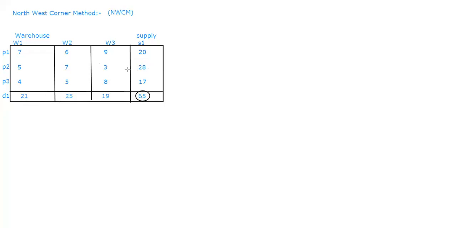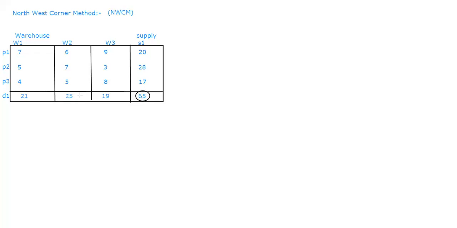So when comparing these two, which is the least, I should satisfy only that much. Demand is 25 only, though the products are more. Will the customers purchase from you? They will purchase only as much as they need, isn't it? They will not purchase extra. As you are supplying more, will they go for purchasing more? Definitely not. So in such a case, I should emphasize the least amount.